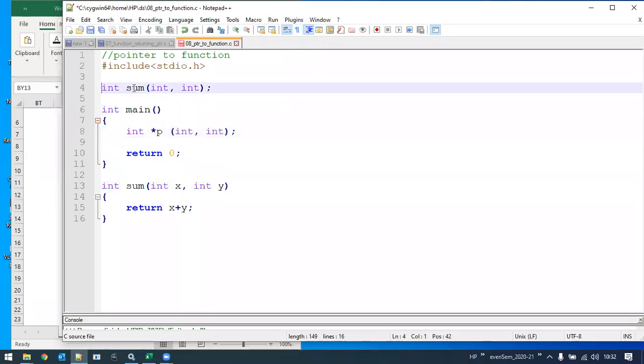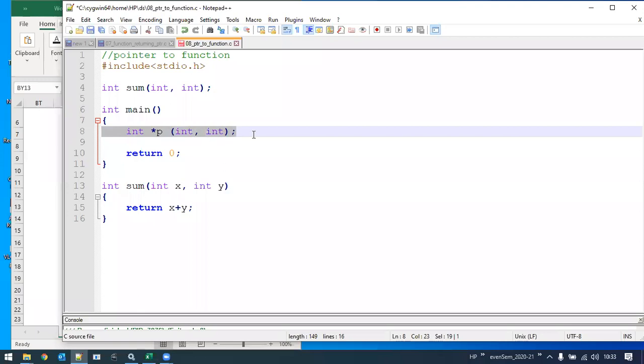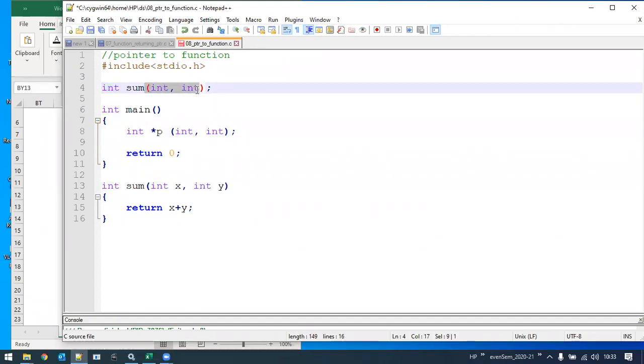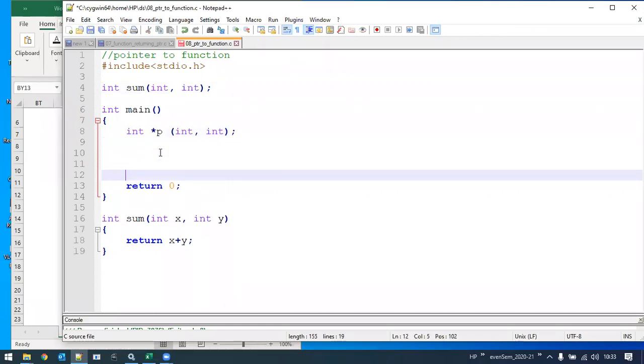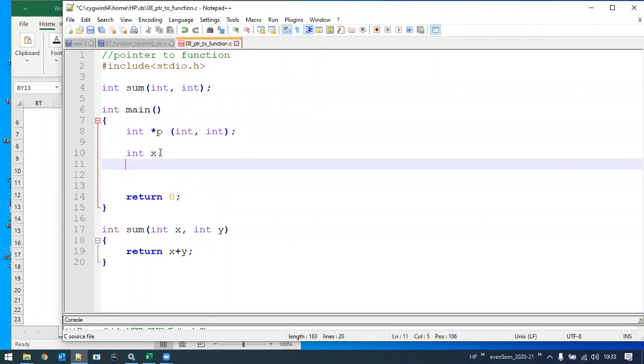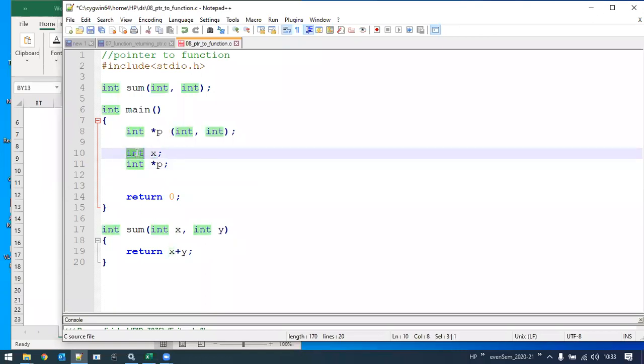Are you able to see that these 2 statements have the same behavior, if you look into the return type and the number of parameters it is taking? It goes the same way as the basics which we have learned earlier. Suppose there is an integer variable x, and we want a pointer for that, what do we write? We write int star p, right? The data type of x is int, so we require a pointer of the type int only.